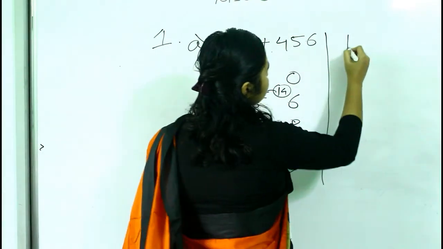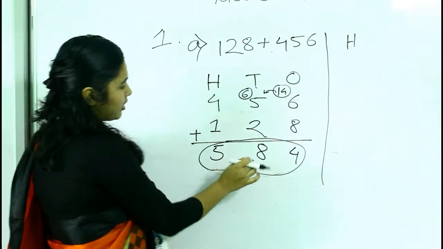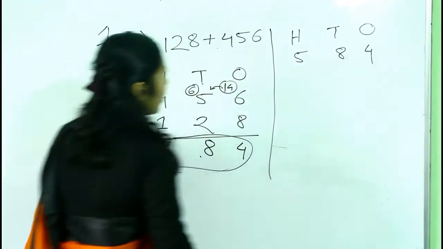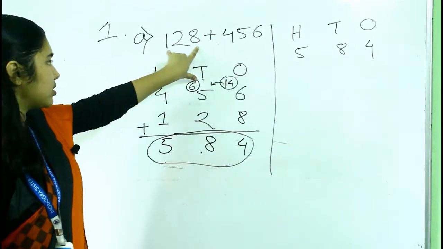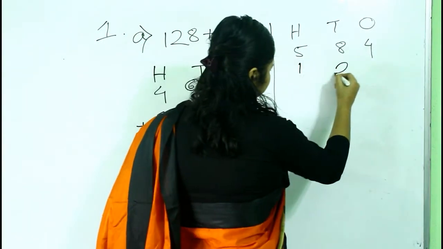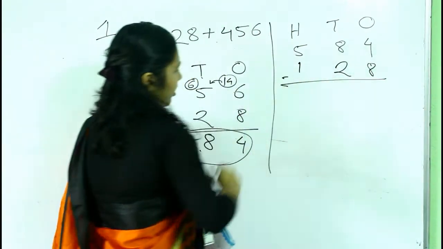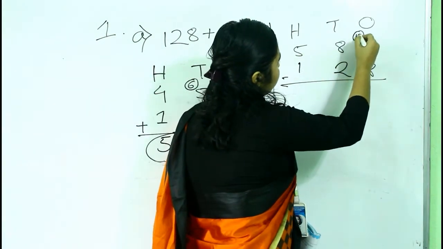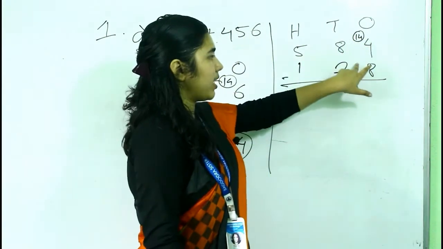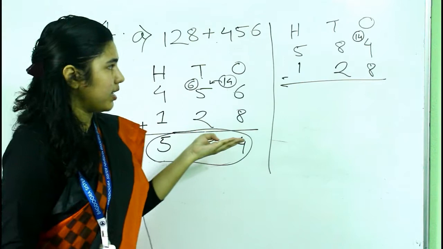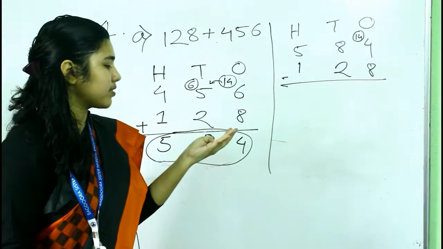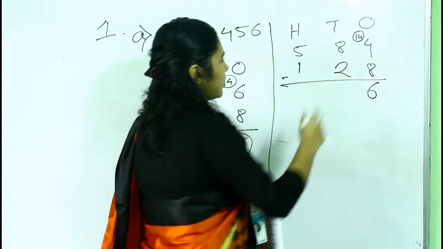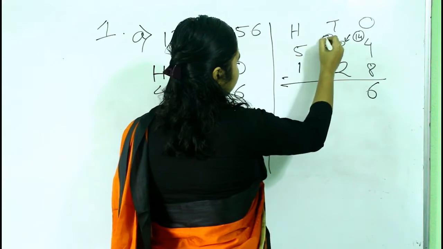First, take this sum 584. Now subtract one of these numbers. First take the smaller number and subtract. 4 is less than 8, so take here 14. Now subtract 8 from 14. After 8: 9, 10, 11, 12, 13, 14. We get 6. Next take this one here and subtract from 8.